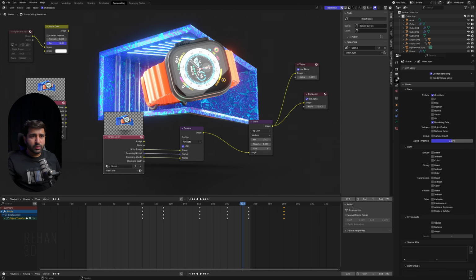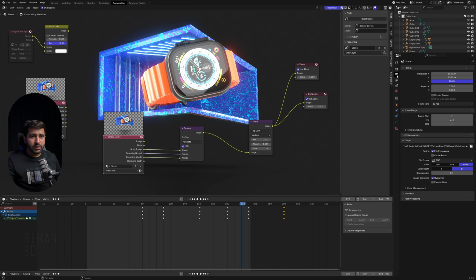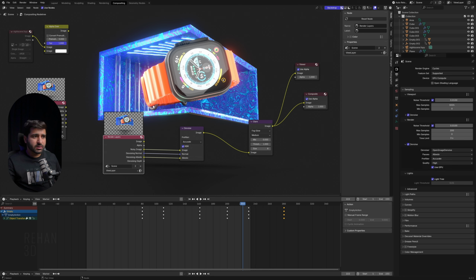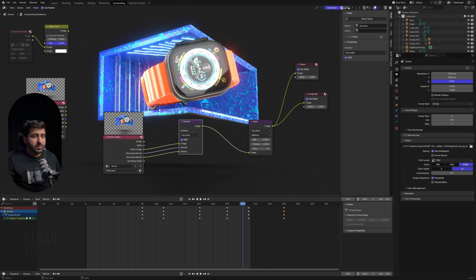After this, you just have to go into the render settings and make sure everything is the same as mine, because I'm using the OpenImageDenoise. This gives a good look and works well with the denoise, so that's why. After this, just give the output directory, go to Render Animation, and it will start exporting your image sequence. And now I will see you in DaVinci Resolve to get some extra detail from our shot, and we will refine our complete shot in Resolve.